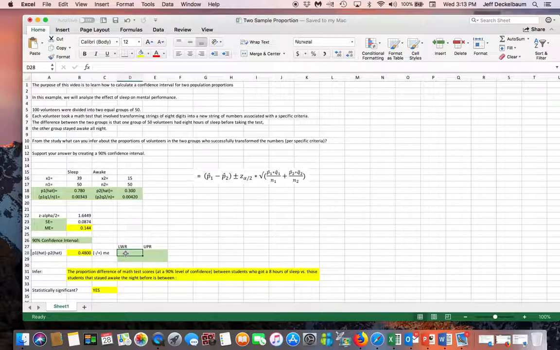And then if we calculate the lower and upper bound of the confidence interval, it's 0.48 minus 0.144 and 0.48 plus 0.144, which means, and what we can infer, is that the proportion difference of math scores at a 90% level of confidence between students who got 8 hours of sleep versus those students that stayed awake the night before is between